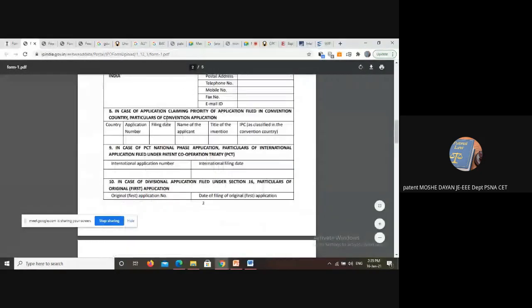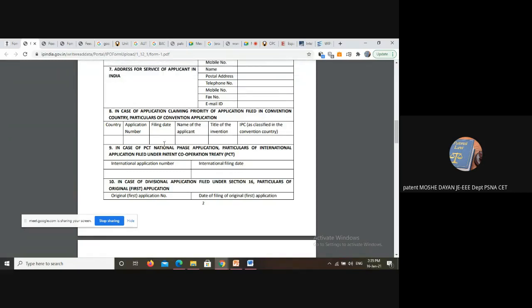Here you are giving the title of the invention. And in case there are any agents, if you seek an agent, you have to give that agent's name, otherwise this is not required. An address for communication. Here you have to give your doorstep address. And items 8, 9, 10, 11 you can ignore, because they are for applications claiming priority in convention countries. When you want to file a foreign application, you have to first file an application in India, and within 6 months you have to apply in the convention countries. So those details have to be filled here. As an initial stage, you can ignore these things.